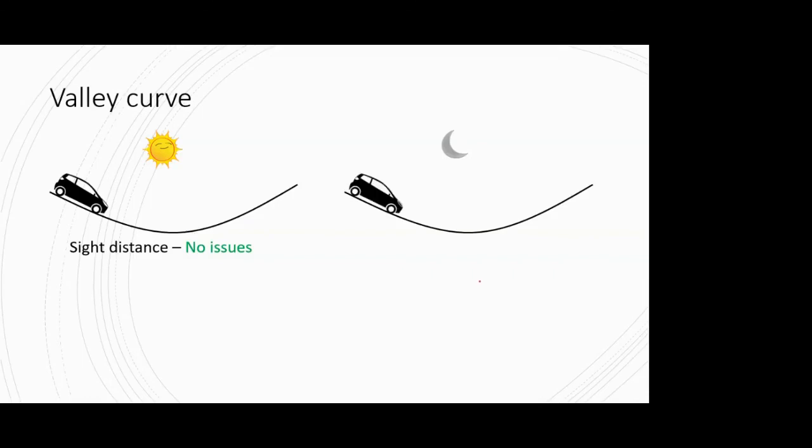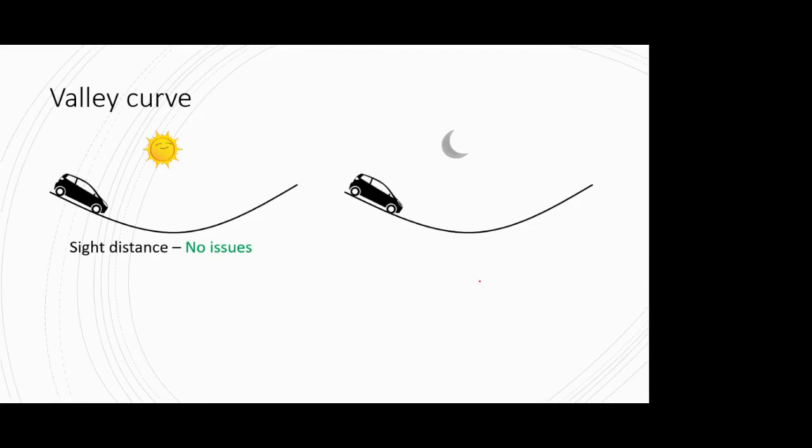But now if I change the scenario and consider night time, obviously if I tell you to go on the same road which I had shown a few slides back, you will now be considering what the sight distance will be. Because highways generally don't have continuous lighting. The street lights that you see are mainly provided only in the urban areas or the city roads. In case of highways, it is only provided if your highway is going through a populated area.